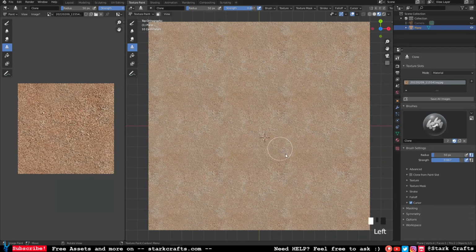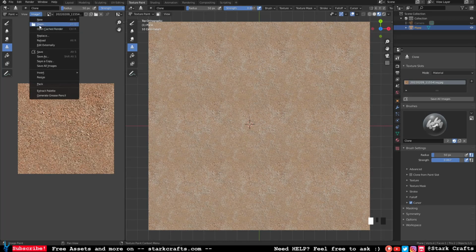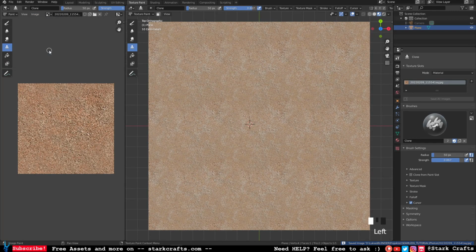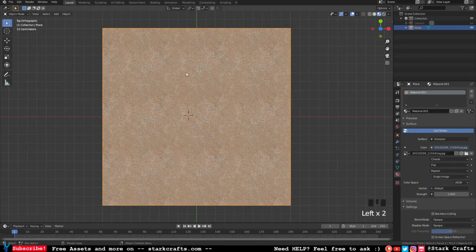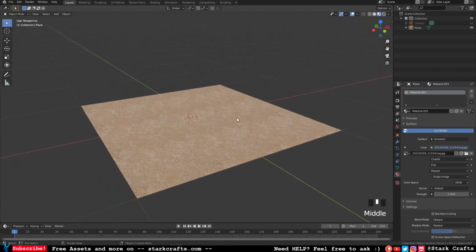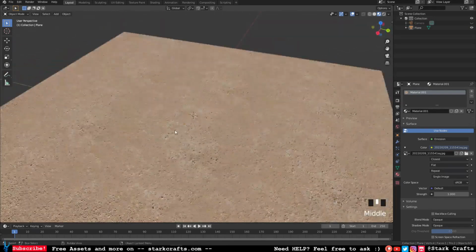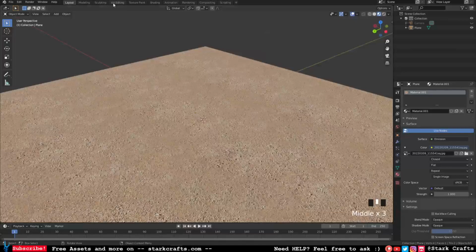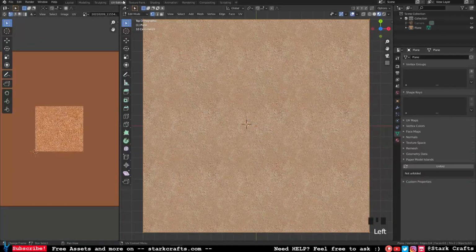Back a bit. Much better, perfect. I wouldn't change anything here. Okay, nice, looks very nice. Now, very easy, we can go up here to image and save. We just saved our first seamless texture. So, now we have a seamless ground texture, and we can, here back in the UV editing,